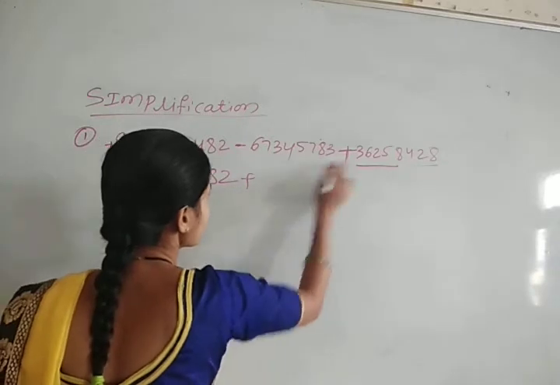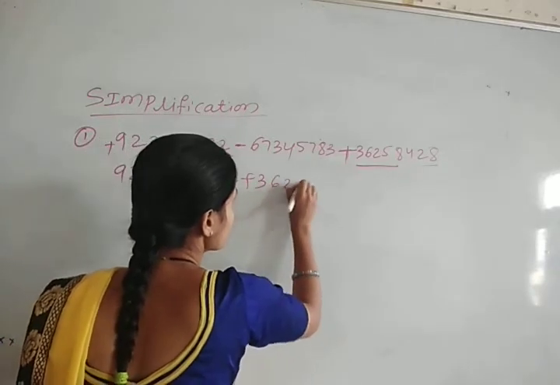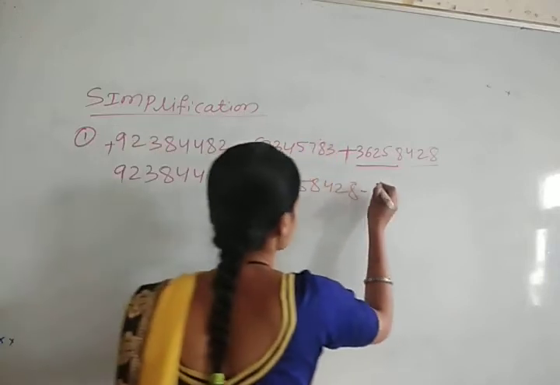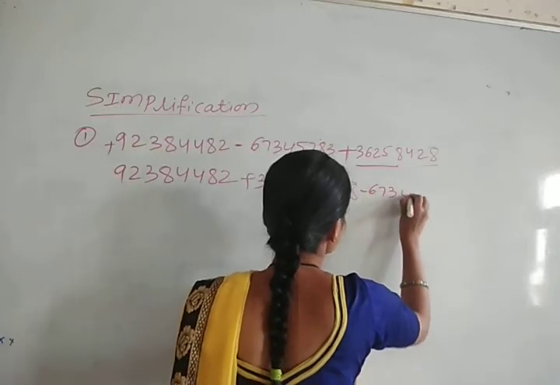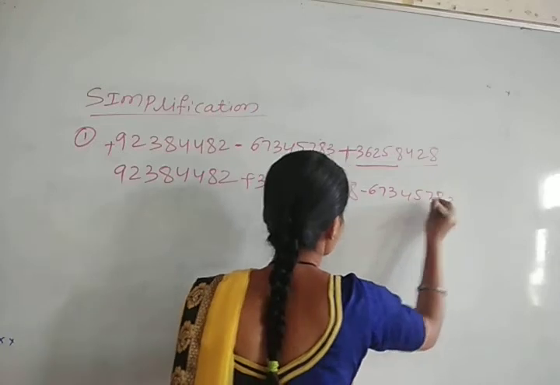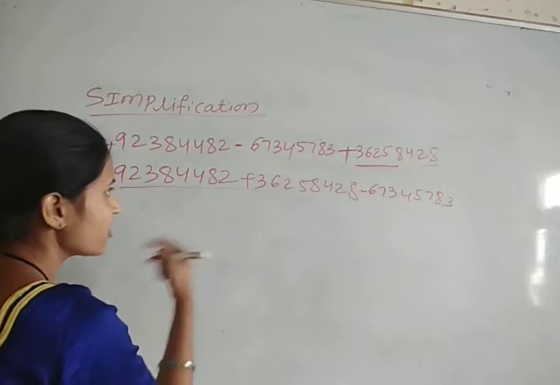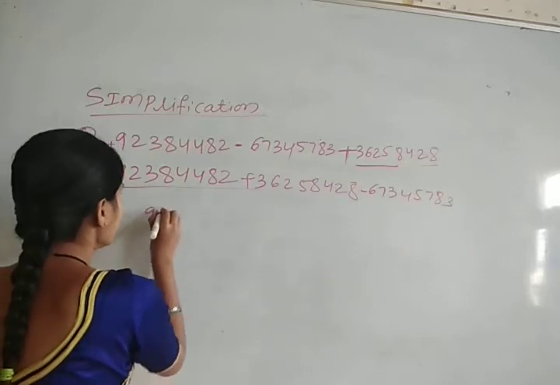92384482 plus I will write this number 36258428. Next I will write this one, minus 67345783. Okay. Now let us do the addition first. I will add these two numbers. I will write in column